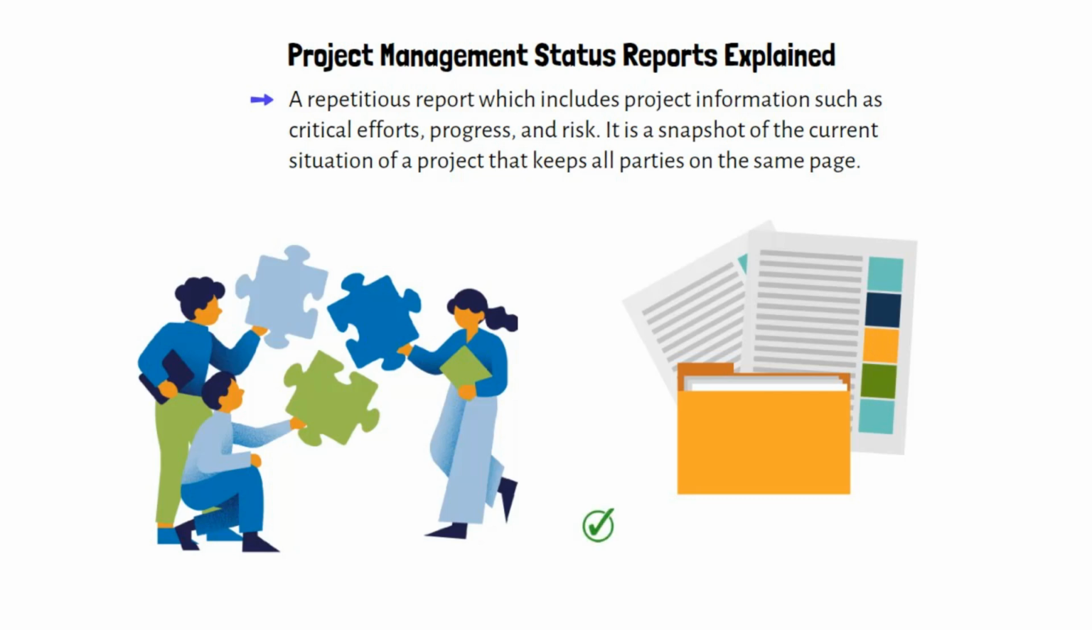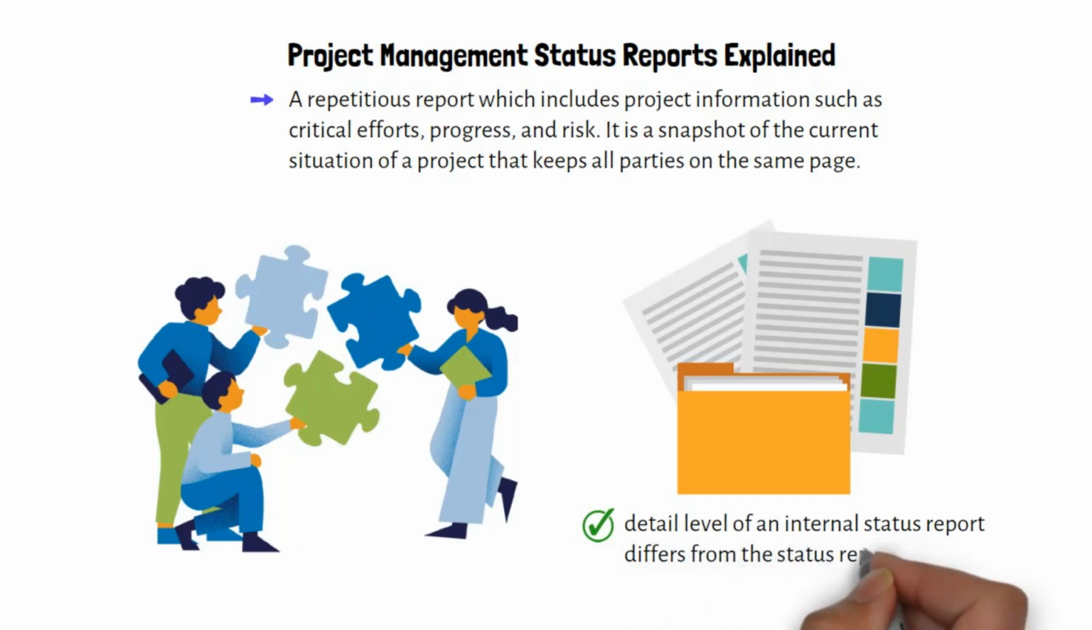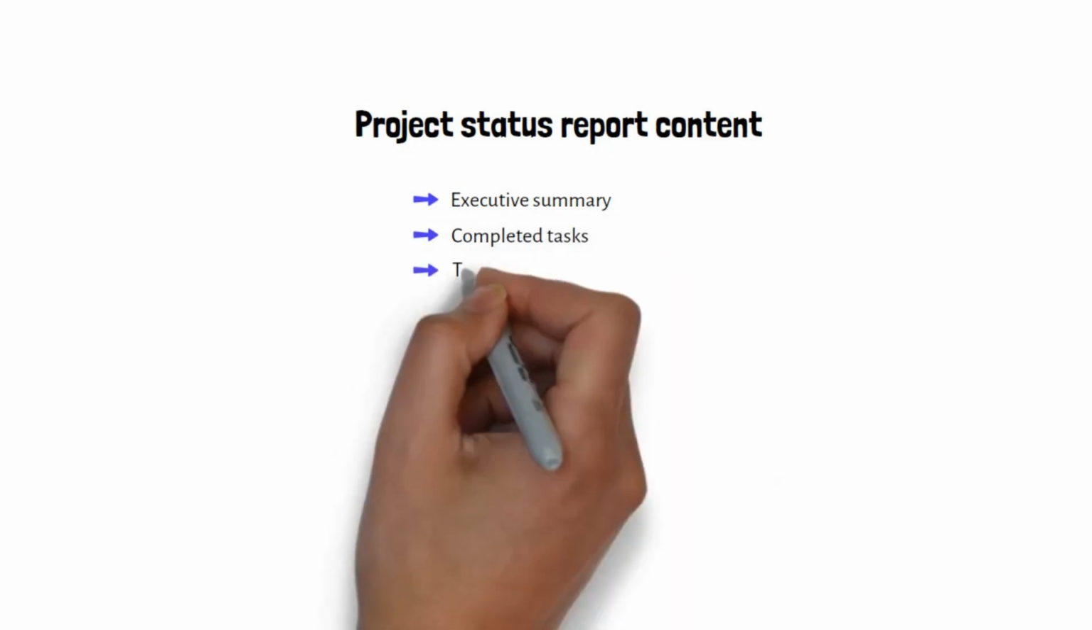Reports can be internal or external to the organization. The detail level of an internal status report differs from the status report that is shared with the client, because most of the time the client prefers a different level of detail in their status report than your internal team. Typically, a project status report includes but is not limited to the following information: executive summary, completed tasks, tasks to